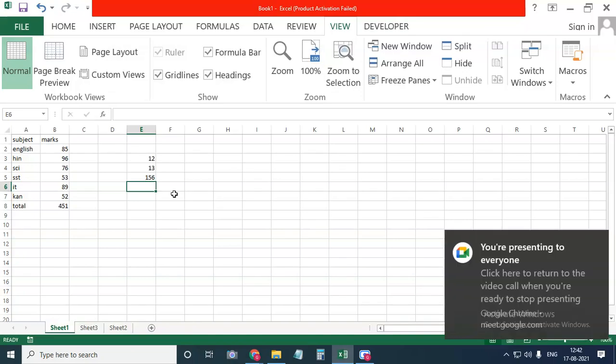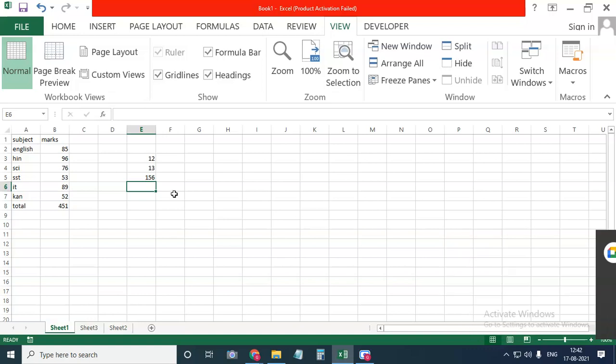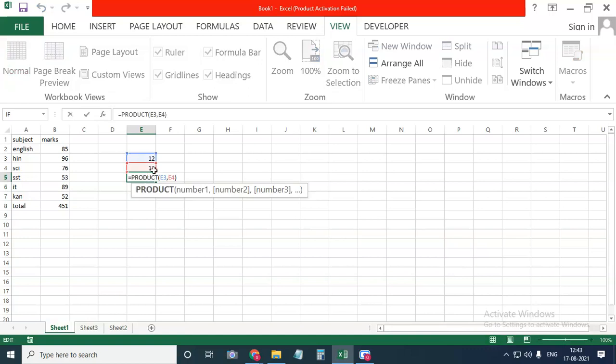Okay. So next we will see using macro as a function. Now, as I told you, function and how to write the function. Next we will see how to use the macro as a function. Here I wrote the formula and then I got the answer. So instead of writing the formula and getting the answer, I'll use the program, that is, a coding language, to find out the answer.